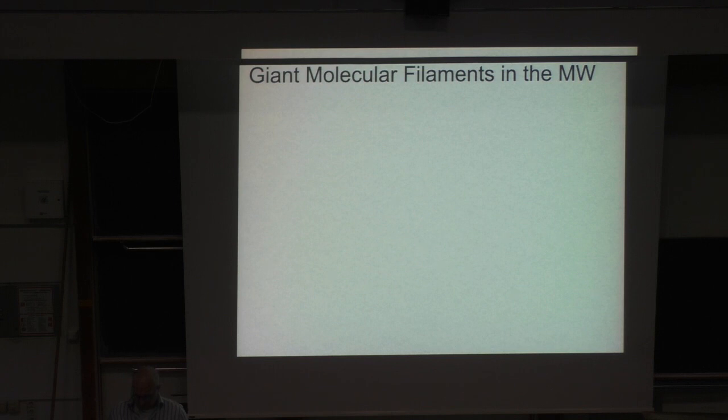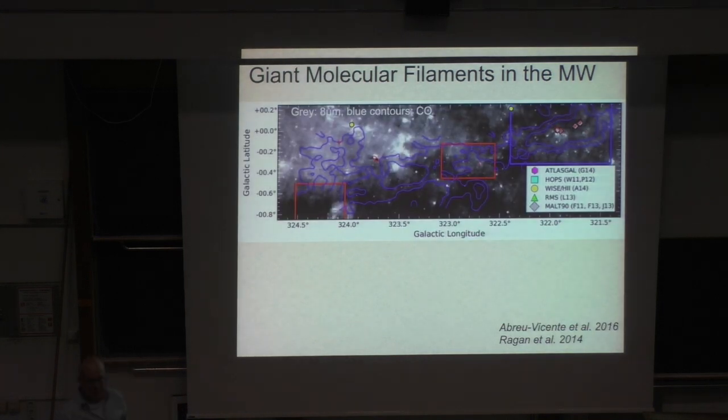And how to do this? In an early work, we started really visually, so we went into large-scale extinction maps of our Milky Way. This is one example: 8 microns in gray, blue contours are CO. It's a bit hard to see, but there is really an extinction lane going through this structure. Extinction alone could also be different distances, so it would not be firm that we see this at the same distance. Therefore we took complementary CO data